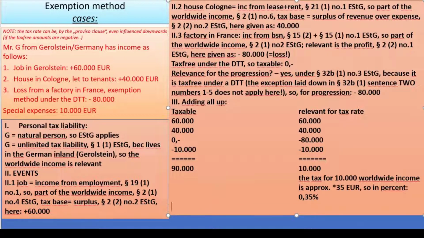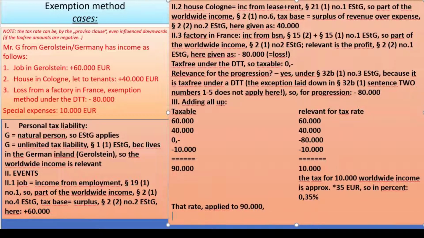That rate applied to taxable income of 90,000 leads to a tax of €315. And this effect is sometimes called the negative